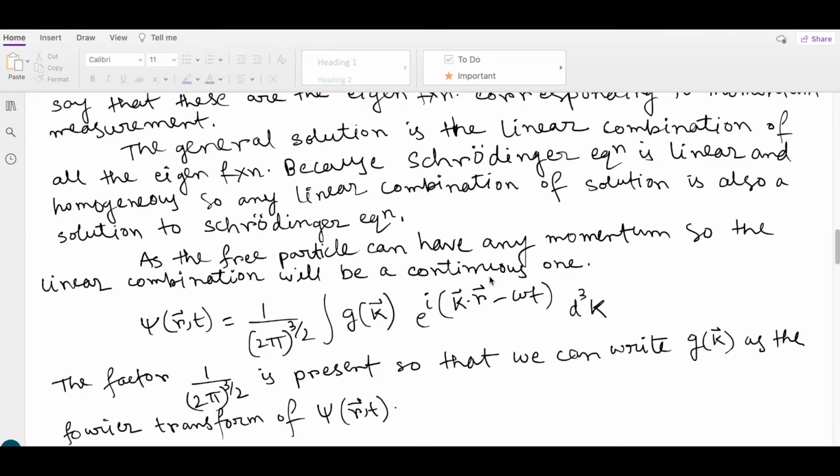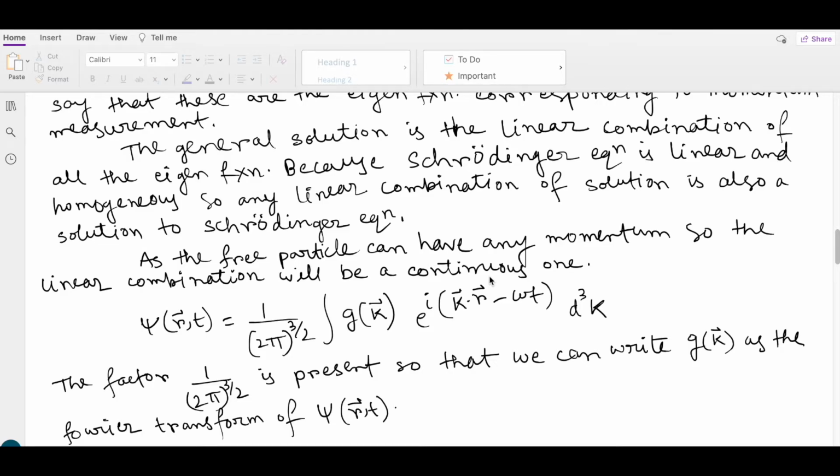As the free particle can have any momentum, the linear combination will be a continuous one. We know that a free particle's momentum can have any value from minus infinity to infinity. So there are an infinite number of eigenfunctions, and